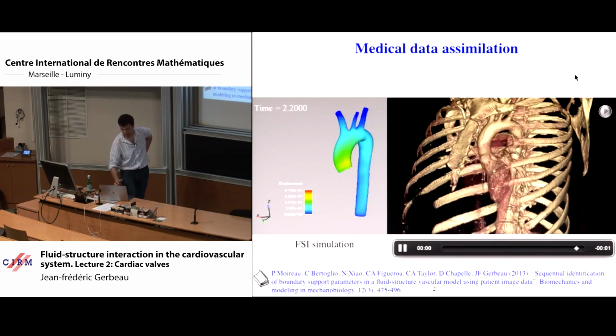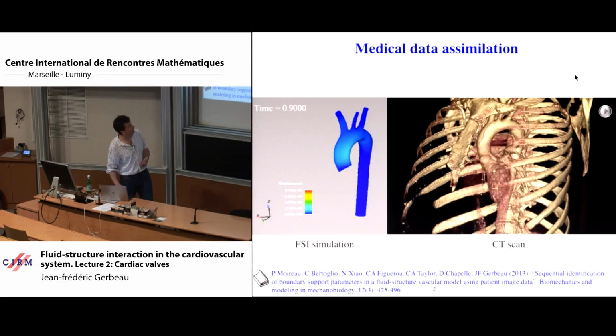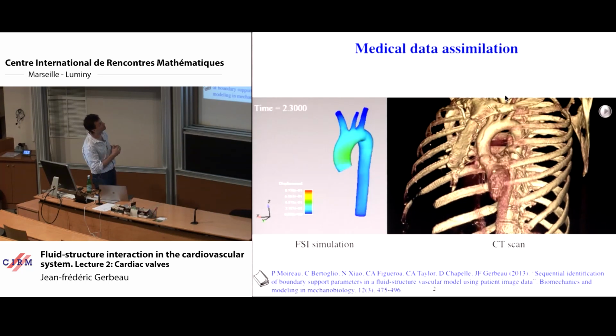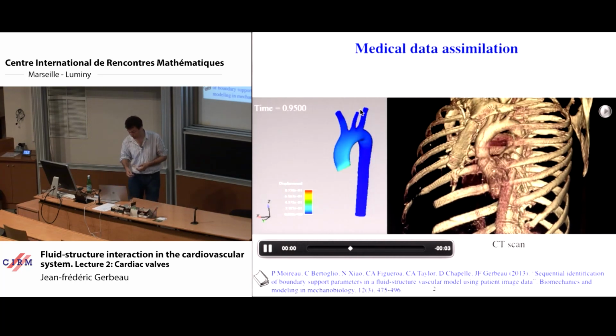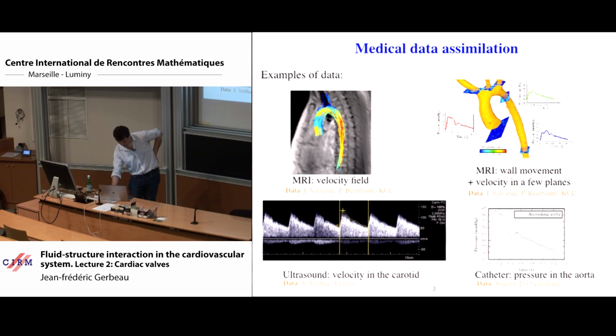And you can see that different kinds of information can be found in the two movies. On the right-hand side, you have access to some sort of noisy reality about the displacement. On the left-hand side, you also have access to the displacement, but also the forces, the pressure, and so on. So the idea of medical data assimilation will be to try to mix the two approaches. Here I only show you the displacement, but you can mix them with other kinds of modalities, like for example the velocity field that can be acquired with a PC MRI, here the valve movement that I showed you yesterday, ultrasound, or even sometimes catheter,